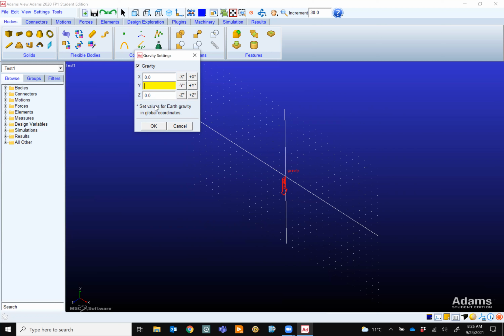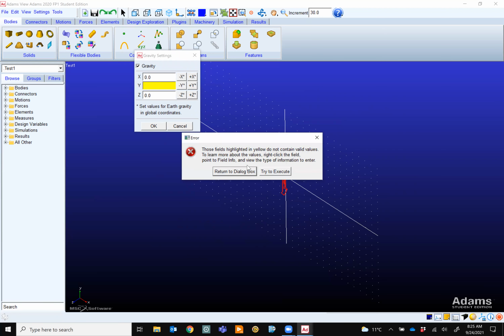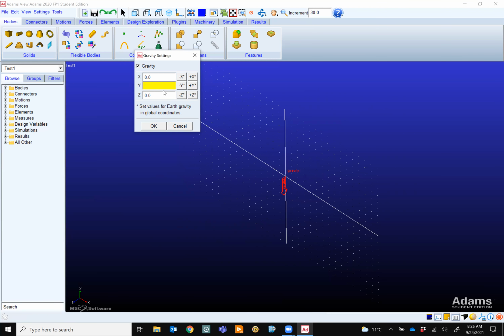And then set it to 0. By the way, when something is yellow, it means something is wrong. If I press OK, it gives me an error and returns to the dialog box. For example, if I put a number by mistake, let's say 0011, I just want to put something wrong. But anyway, if there is something not right, it's going to show that.